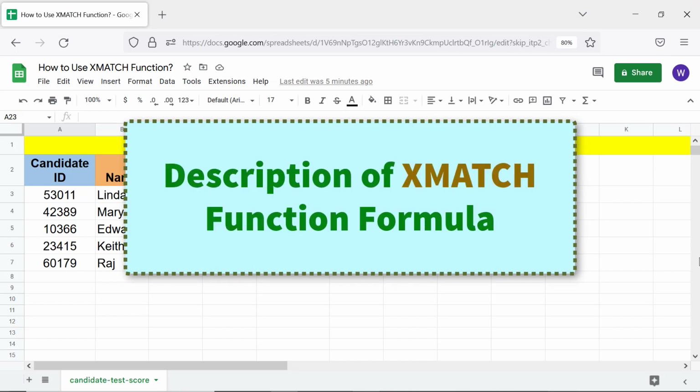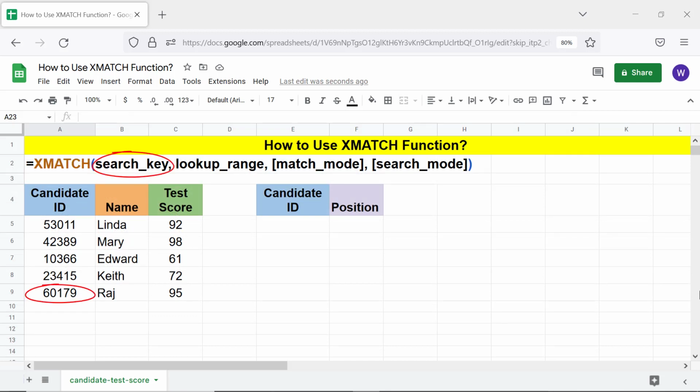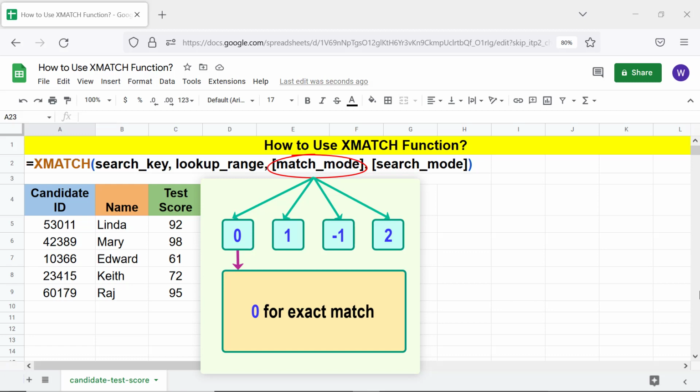Description of XMatch function formula. Search key is the data you want to search. Lookup range is the range in which to search for the search key. Match mode is optional. The values of match mode are 0, 1, -1, 2. 0 for exact match, 1 for exact match or a value higher than search key, -1 for exact match or a value lower than search key,